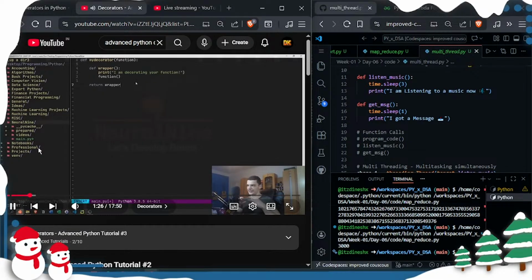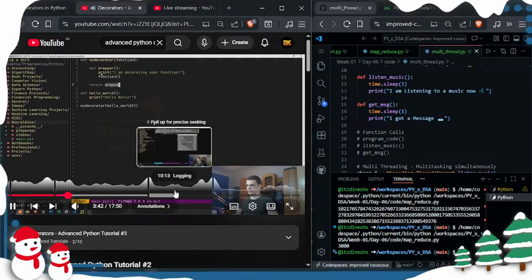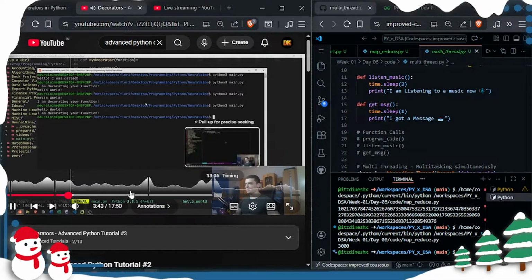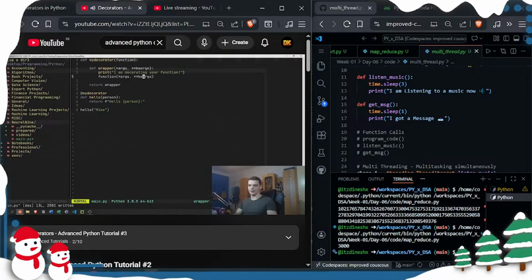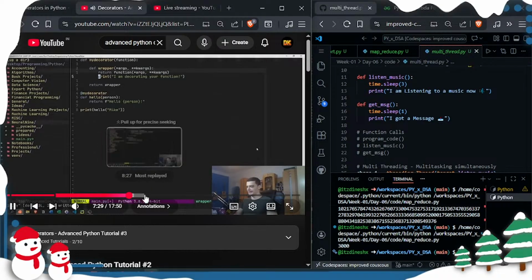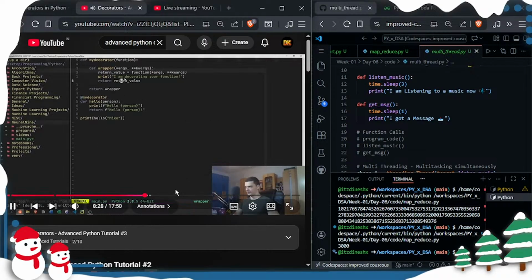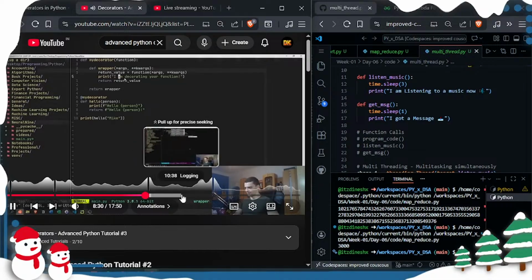Then we have the decorated output. The result is the wrapper function, that actual wrapper function. So if I run this right now, we say hello to a specific person and return it by just calling it. I need to get the return value from the wrapper as well, and when I'm not doing it like that, if I'm directly returning, or if I'm